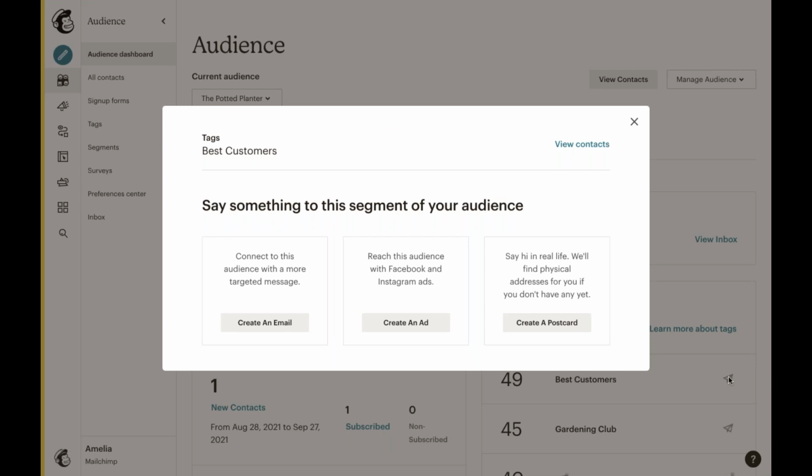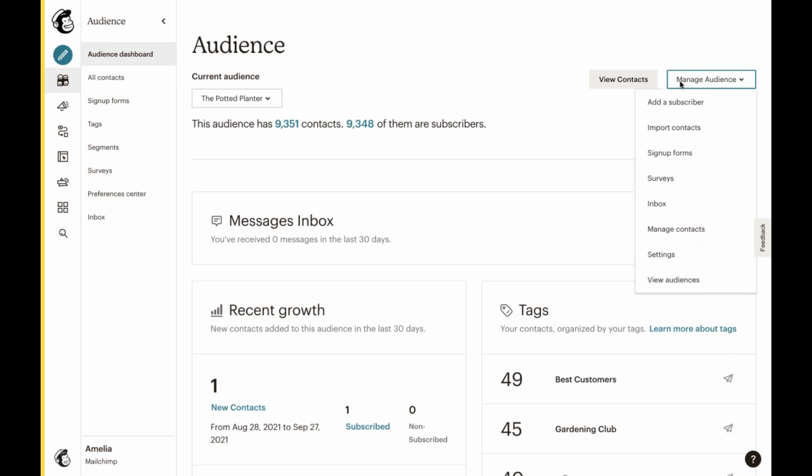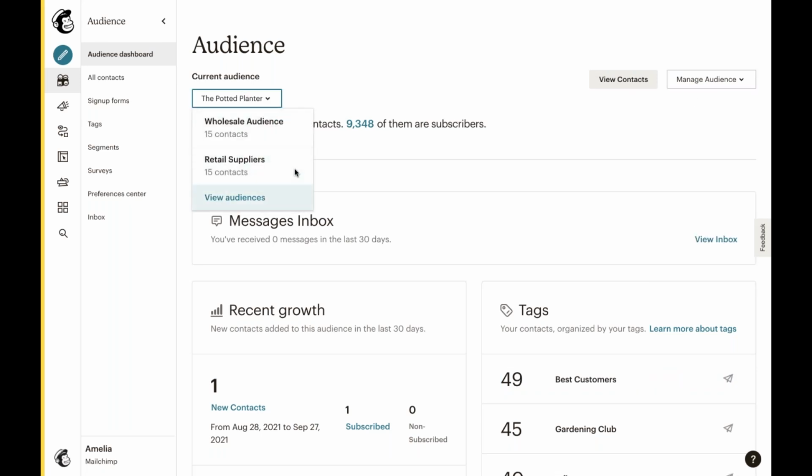When you create a MailChimp account, we're going to use your setup details to automatically generate your audience for you. You can edit the default information for your audience if you need to, or immediately start adding contacts. Now, if you have more than one audience and want to see a view of all of your audiences, you can choose to select another audience from this dropdown on the left, or view audiences to see a list of them all in one place.